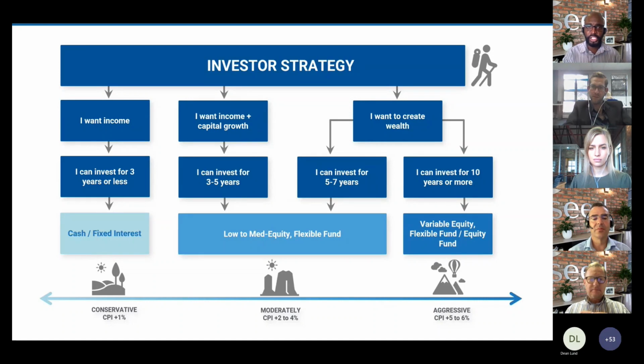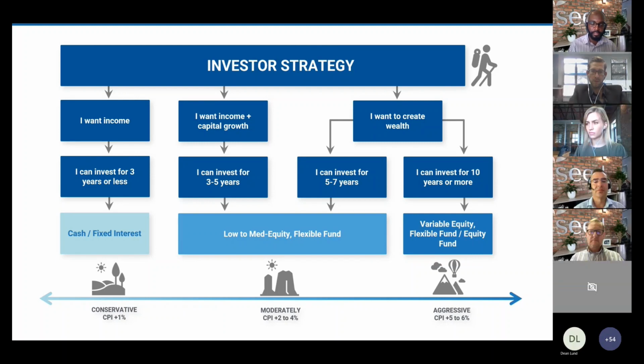So we discussed those income strategies, but also now to incorporate some of the growth that Ian has been speaking about within those equities. You want to incorporate that for a client, a moderately conservative client, just include a little bit of growth so that you can get a little bit of extra return. So these portfolios would target between CPI plus 2 to 4%, and we're looking at an investment horizon of a minimum 3 years, or 3 to 5 years.